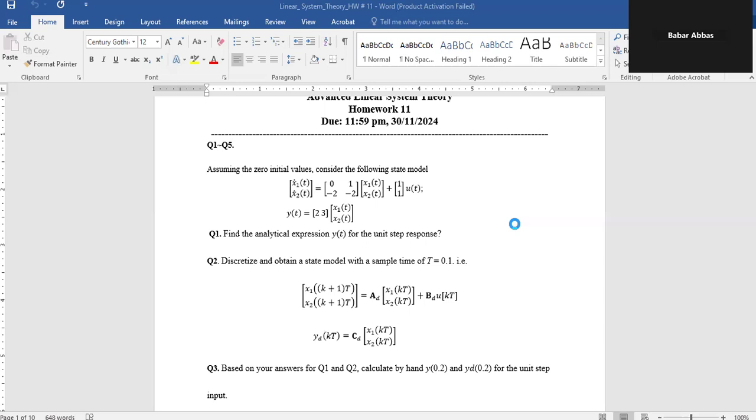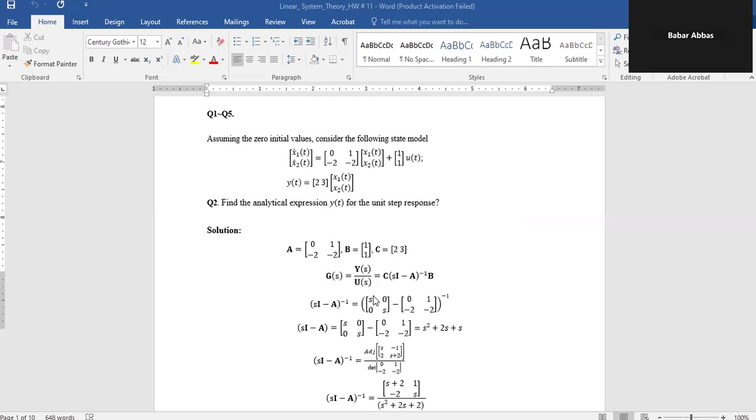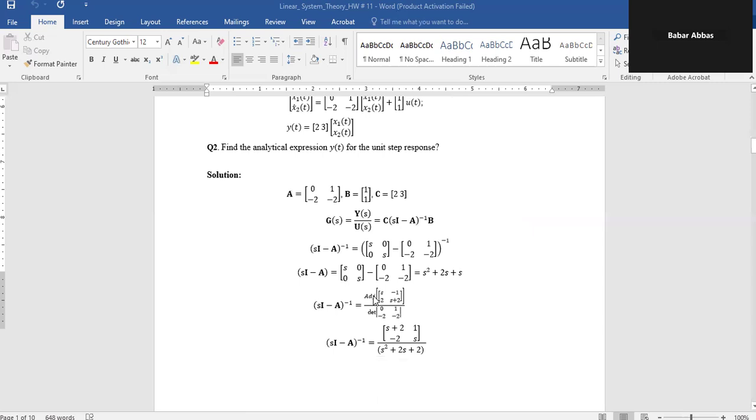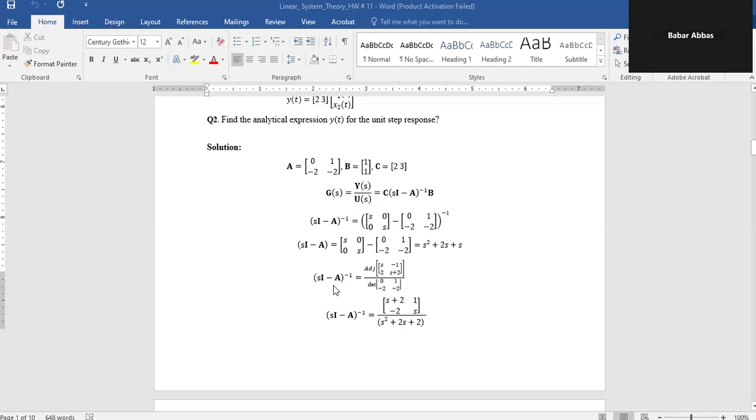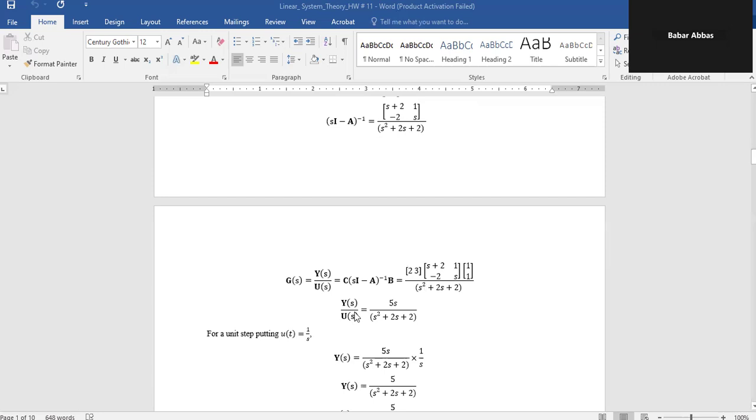analytical expression for the output response y(t). So the A, B, C matrices. The transfer function of the system is Y(s) divided by U(s), that is equal to C matrix times (sI minus A) inverse, which is the matrix exponential, times B. So by calculating the sI minus A, putting the value of s and the matrix A, we find the value of the transfer function, which comes out to be 5s divided by s squared